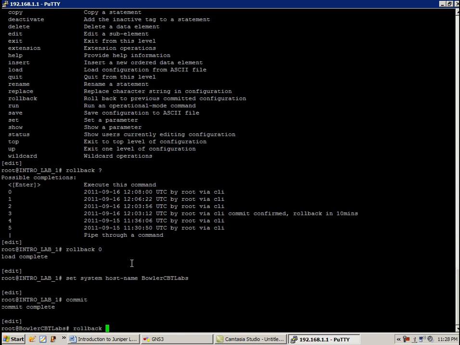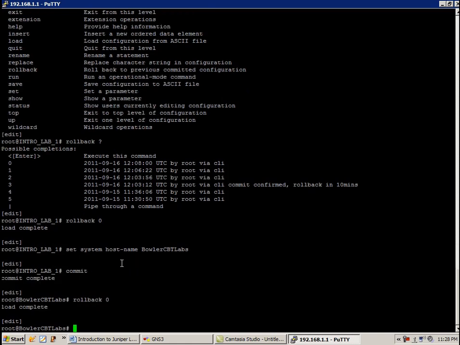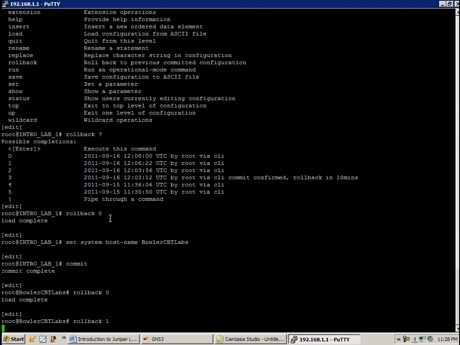Now if we do the command rollback 0, what we can see is that it actually rolled back nothing at all. So we're still stuck with the same configuration. We see Bowler CBT Labs is still present. If I do a rollback 1,